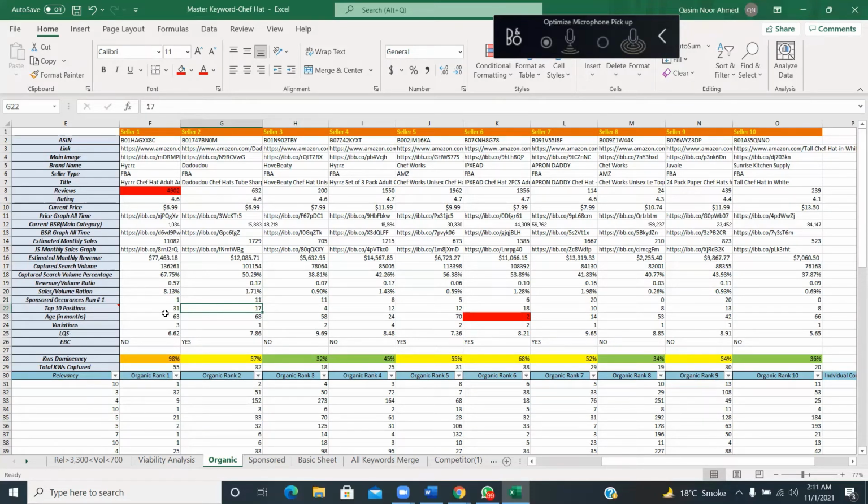तो इसके टॉप 10 पोजीशंस में 17 ऐसे कीवर्ड्स हैं जो ऑर्गेनिकली रैंक किए हुए हैं. ये 68 एज भी, ऑब्वियसली, दोनों की ऑलमोस्ट सेम ही है, 10 महीनों का फर्क है. वेरिएशंस 2 हैं. ये देखें, यहाँ तक तो मुझे एक आइडिया इतना अच्छा नहीं हो पा रहा था, क्योंकि ऑब्वियसली,